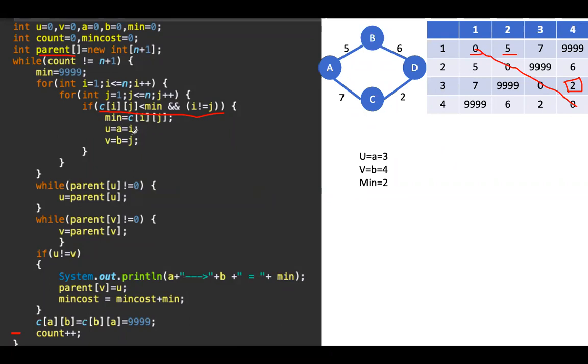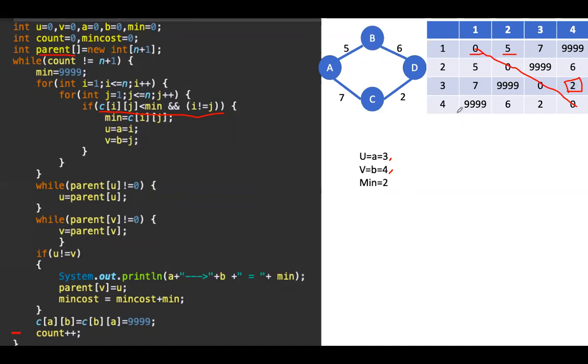So u is equal to a, which is the I value 3, and b is equal to j. That is, row value 3, column value 4, 3 comma 4. C of 3 comma 4 has a value 2, which is less than minimum 5. Earlier minimum was 5, so 2 is less than 5. So now we will select that one.